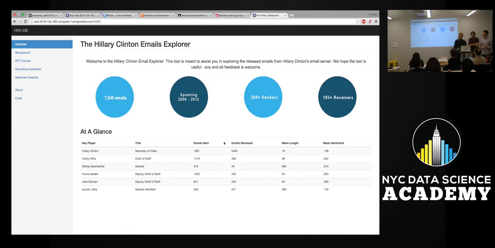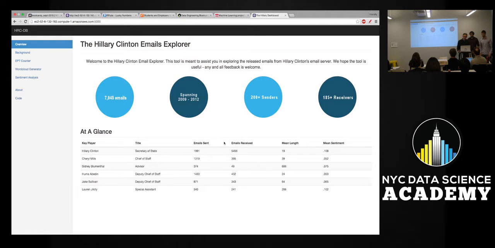And then there was also a sentiment analysis that was conducted. We thought it would be of relevance to people to understand how Hillary or others spoke about different people or received emails with certain sentiment from different people. All of this was conducted using a variety of different tools. So we did use NLTK and TextBlob and some Python, and it's being hosted on an AWS instance right now. So there was a lot of data wrangling going on, and John can talk a little bit more about that.